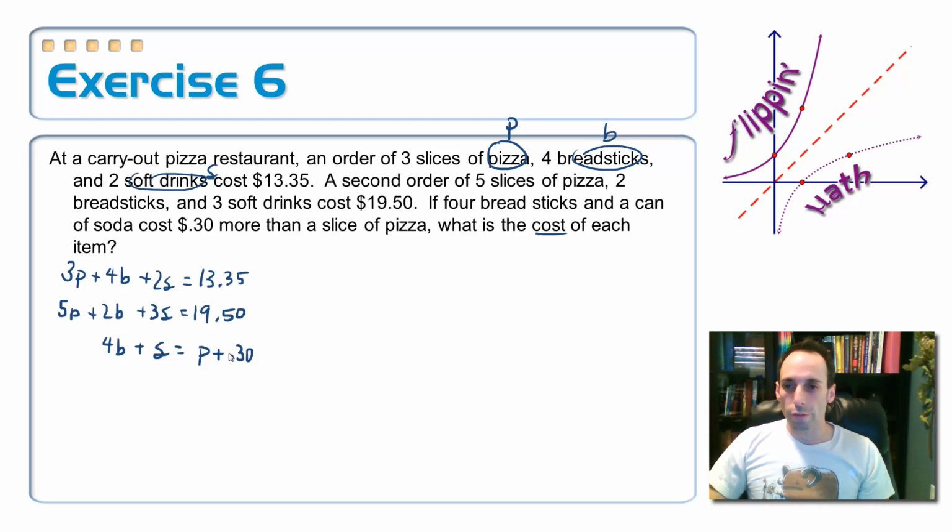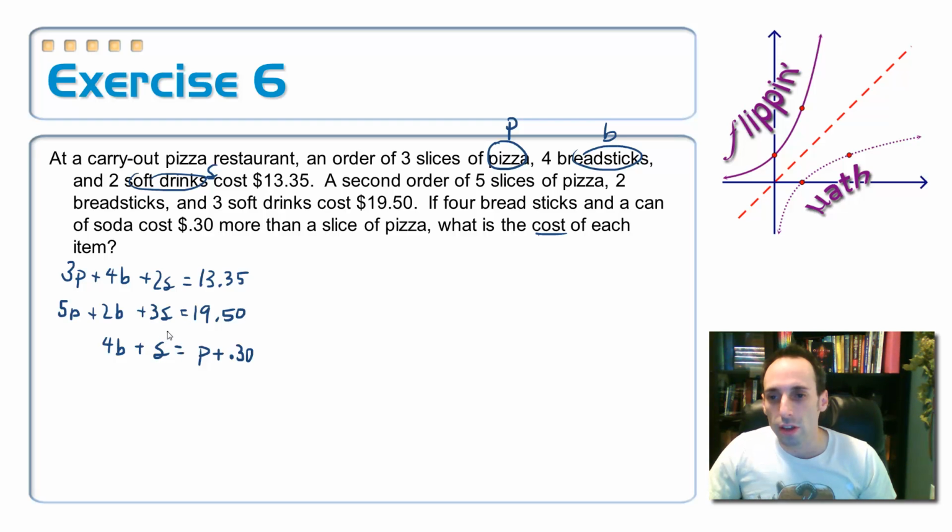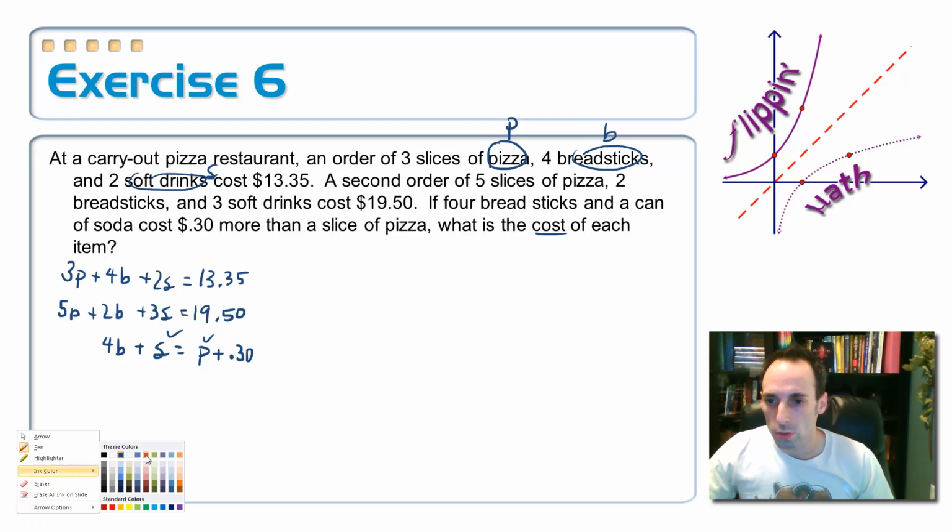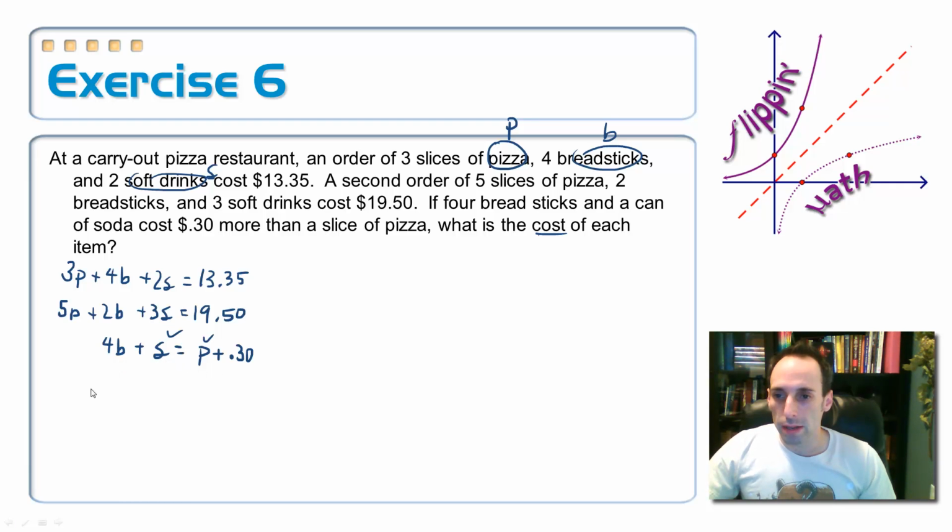Now I need to solve for one of them, and I'm going to substitute that expression into the other one. So I can look at the bottom equation, I can easily solve this thing for either S or P. Well, let's go ahead and solve it for P, because all I'll have to do is subtract the 0.3 over, and I'd be golden. So I'm just going to switch colors here and make this last equation, P is equal to 4B's plus an S minus